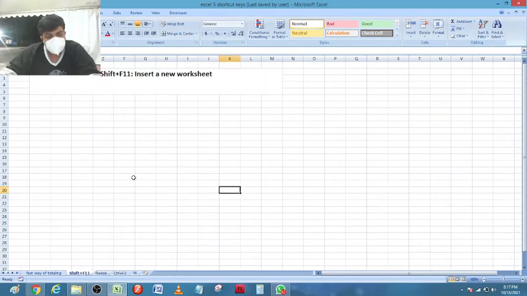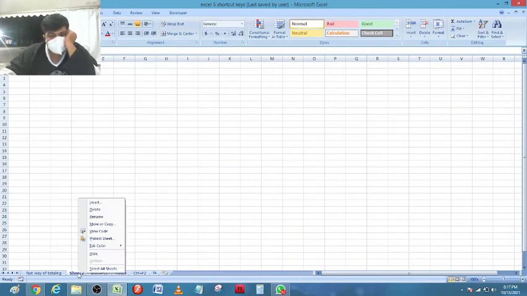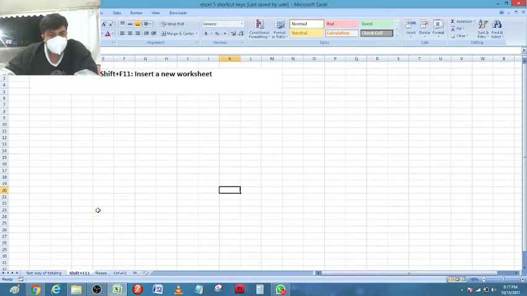Now once again I will repeat the things. You need to press and hold the Shift key, and press the F11 key along with that. Now you can see once again sheet number 2 has come. To delete the unnecessary sheets you need to go there, right click on it, then you will find the delete option, so you can delete it. In the same way you can rename also if you need it, and you can move and copy. So many things are there. As of now I need to delete this, so we easily delete it.